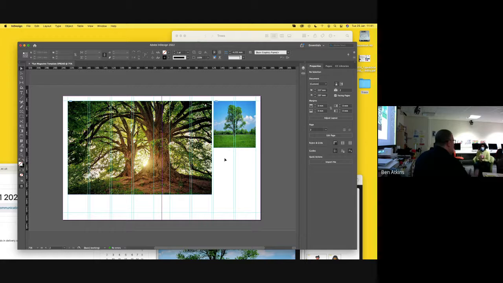It's the size, but in what way? Does that tree look a little bit squished? Does it look a bit squashed? Because what it's done, obviously, it doesn't know what it's doing. All it's doing is following what we're asking it to do. It's made the picture fit the box, but in so doing, it's made the width of it less than the